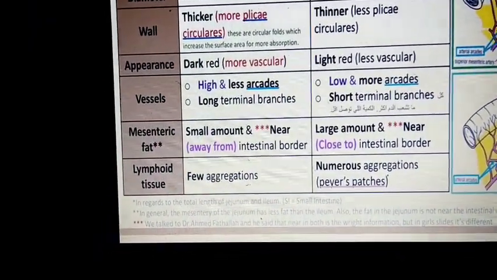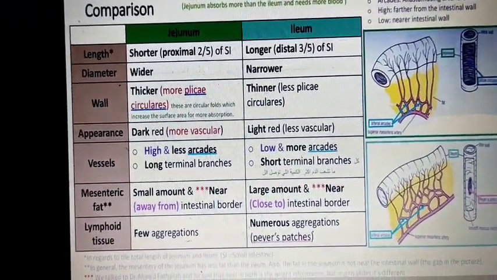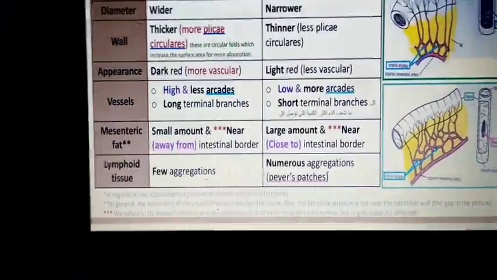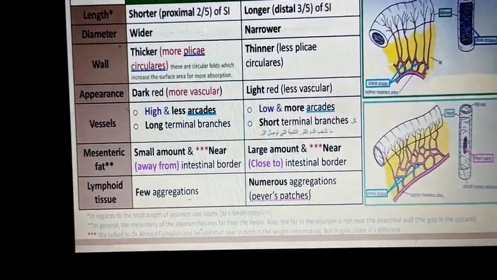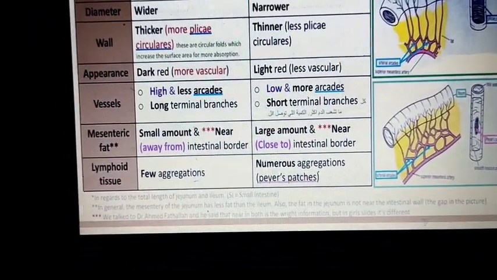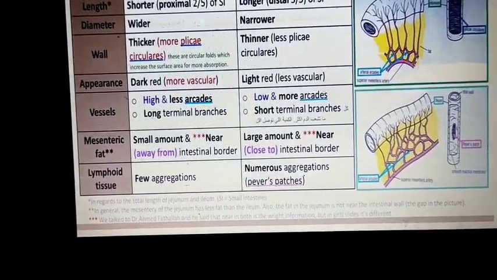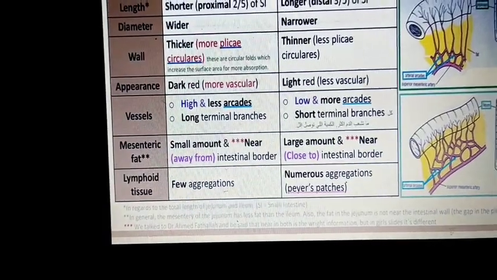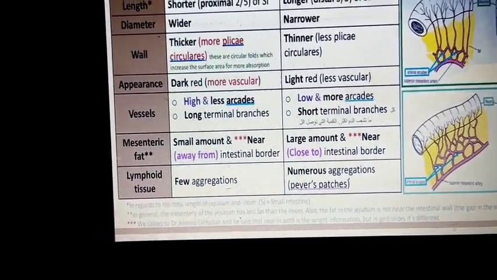The jejunum is dark red because it has more vascularity, more blood supply, and the ileum is light red, or looks pink, because it is less vascular. And the vessels in the mesentery of the jejunum are very high in number with very few arcades.